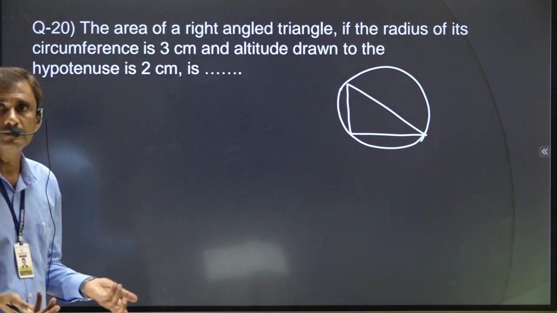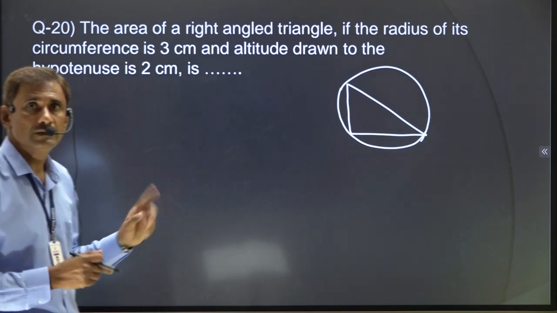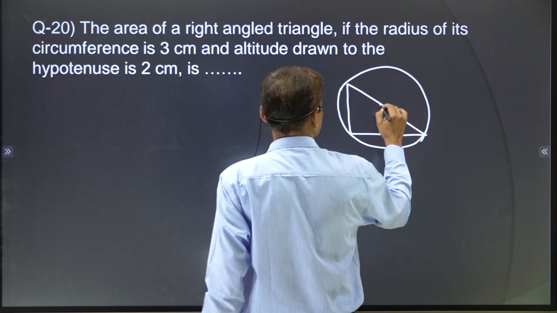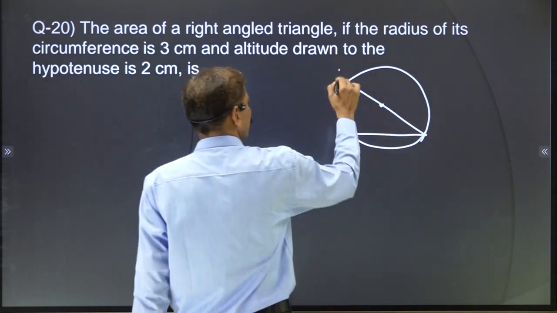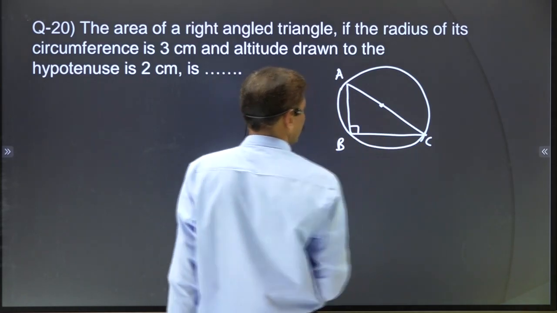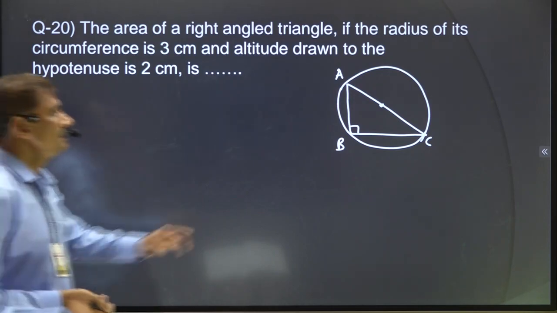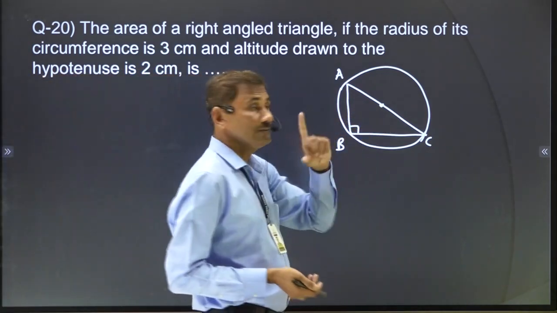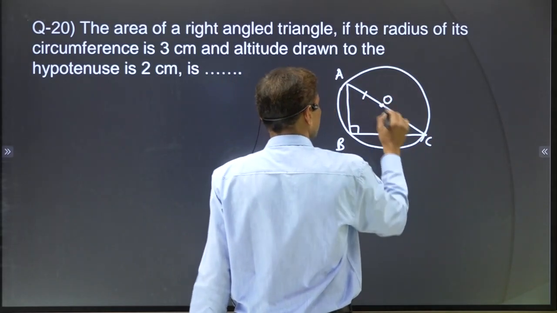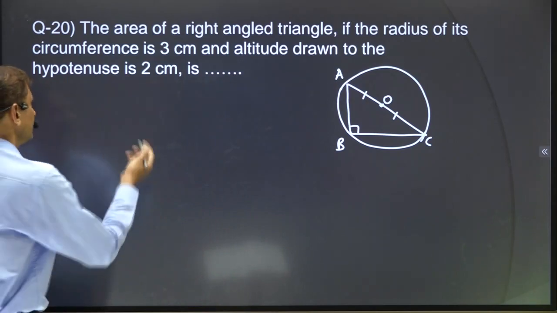Radius of its circumcircle means what? Circle passing through all vertices means circumcircle. Okay, so now radius is given 3. So let ABC be a right angle triangle, B is the right angle. Now understand, in a right angle triangle, the center is at the midpoint of the hypotenuse. So if O is the center, then here OA equal to OC. This is the property. Okay, so write down here